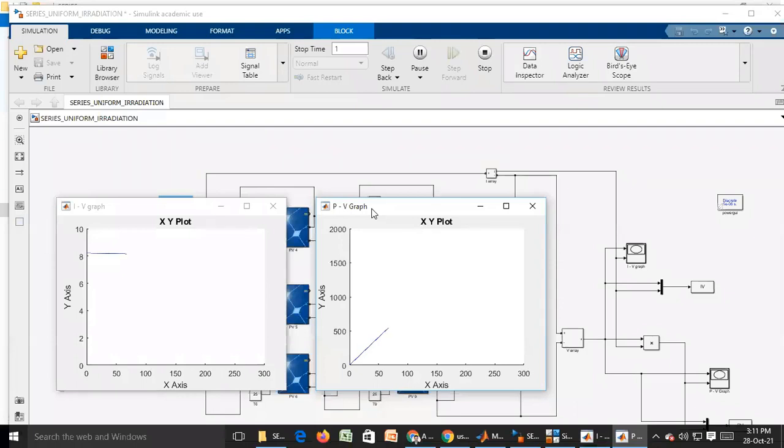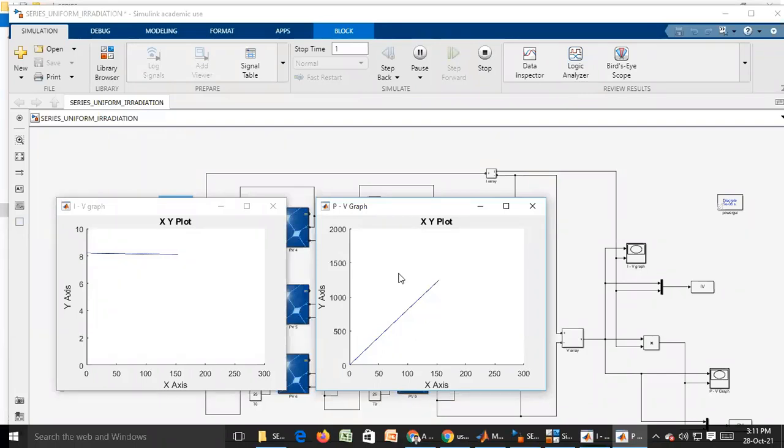Can you able to see the IV and PV graphs? First, when a single module is taken under uniform shading condition, in the IV and PV curves you get a single global maximum point. When you consider 4 PV modules under uniform shading conditions, or series-parallel, 3 cross 3, 9 cross 9, n by n uniform shading condition, you will ensure that there is only one global maximum power point.